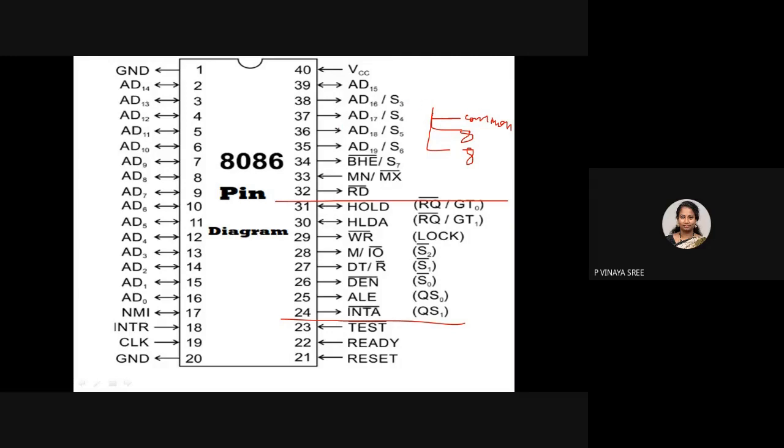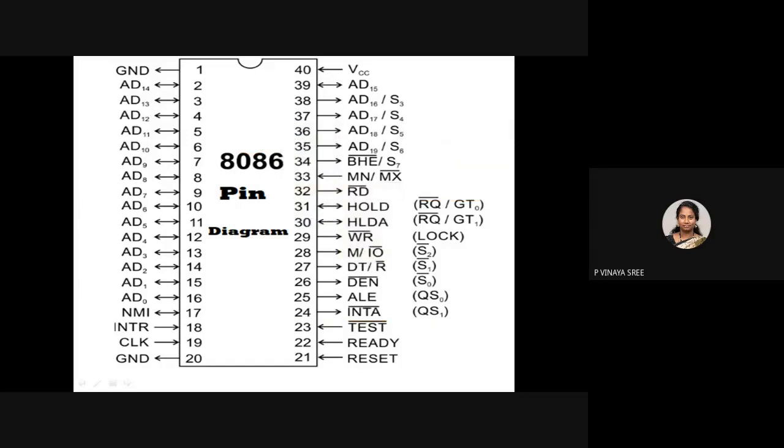First, 8086 is a 40 pin IC. What we discussed previously is the architecture. This is the entire architecture of 8086, where you have the BIU, EU, execution unit, and all the pipelining concepts, and this is how it is connected outside. So this is your 40 pins. In that you will have 32 common pins, 8 pins for minimum mode and 8 pins for maximum mode.